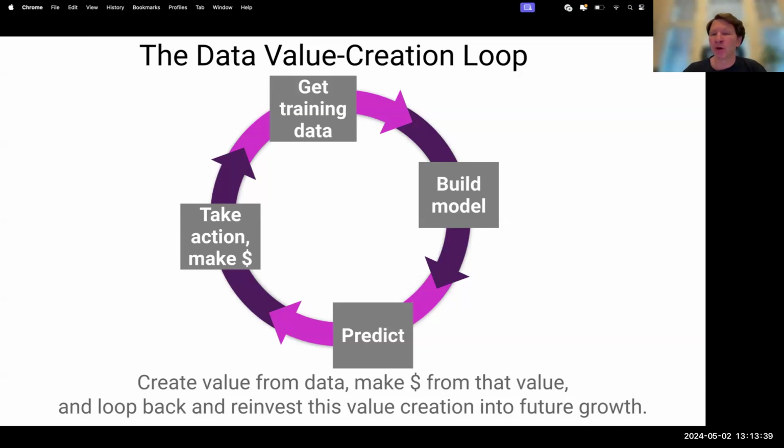And then you build a model from that data, right? And within that, you've got data cleaning, you've got the feature vectors, and then experimenting with different models at first too. But you build that model, and what does the model do? Well, it makes predictions, right? So that's on the bottom part. So the model makes predictions, and those predictions give you insights such that you can take action to make money,